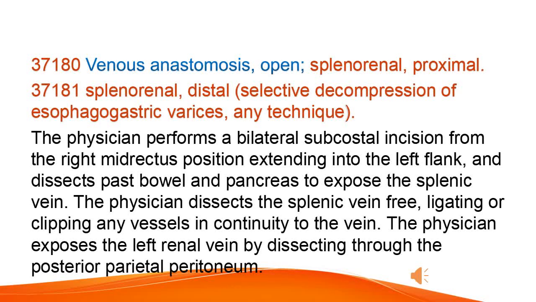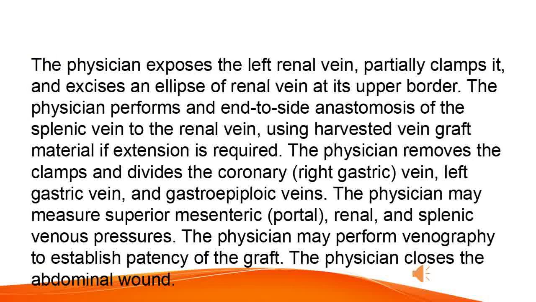The physician dissects the splenic vein free, ligating or clipping any vessels in continuity to the vein. The physician exposes the left renal vein by dissecting through the posterior parietal peritoneum. The physician exposes the left renal vein, partially clamps it, and excises an ellipse of renal vein at its upper border. The physician performs an end-to-side anastomosis of the splenic vein to the renal vein, using harvested vein graft material